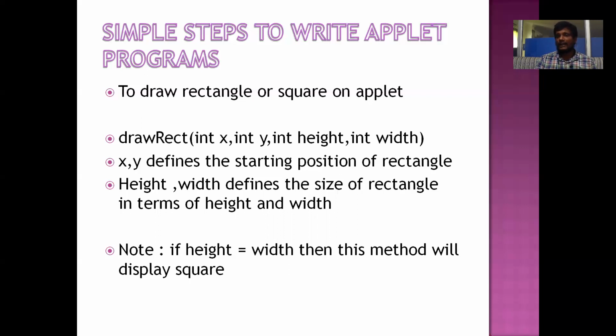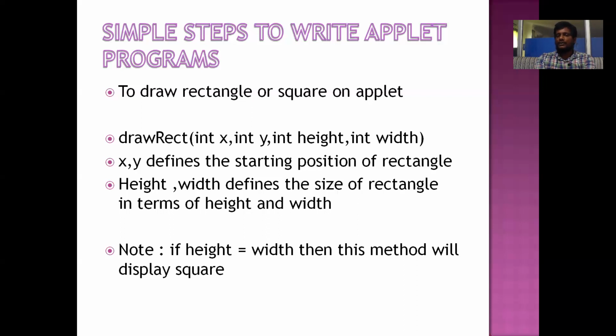Here I say drawRect. Draw is a separate word, rect is a separate word. And for the method name, we are combining them without breaking the rules of method names: drawRect, where d is a small letter and R is a capital letter. The drawRect method is a method in the Graphics class which will take 4 parameters: int x, comma int y, int height, comma int width. All of those are integer values, no problem with that.